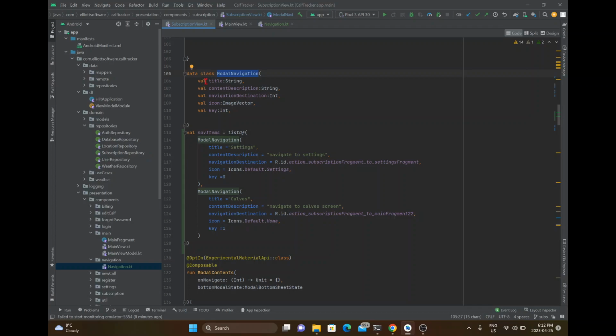So again, we can go ahead and you can see we just define it here. We say we have a title, a content description, a navigation destination, an icon, and a key. Now notice here, you can see that I'm using this R.id.action_subscription_fragment_to_settings_fragment. So you'll notice that I'm using fragment navigation. Now, if you are using the much newer, and there's a good chance you probably are, Jetpack Compose's navigation, this navigation destination here,